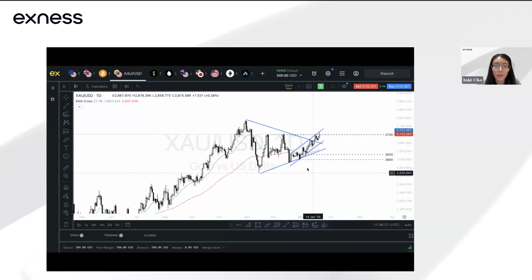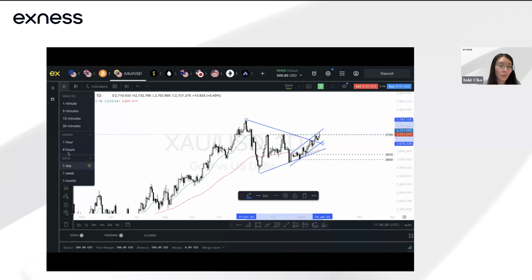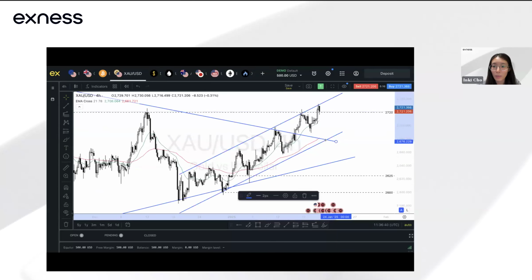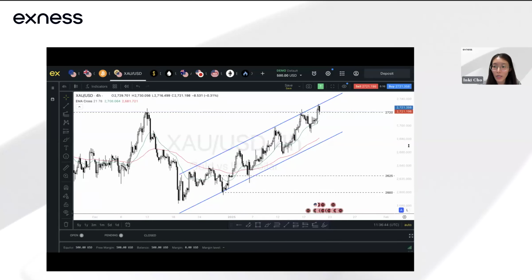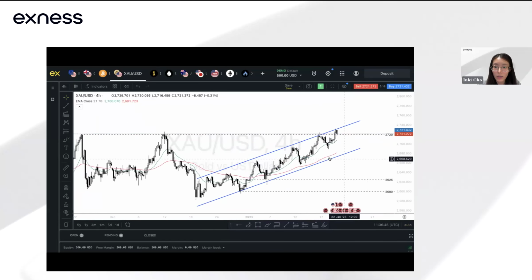Now let's take a look at the lower time frame. We have a few things to note. We note that price is in an uptrend. You saw that it broke out of the pattern. It's also testing the lower time frame. If you go to the 4 hour time frame, you can see that it is testing the upper bound of the ascending channel. Beyond the break of the pennant, you can see that price has been staying within this ascending channel pretty well. It is on the 4 hour time frame in a bullish trend, just based on the higher highs and higher lows being observed.